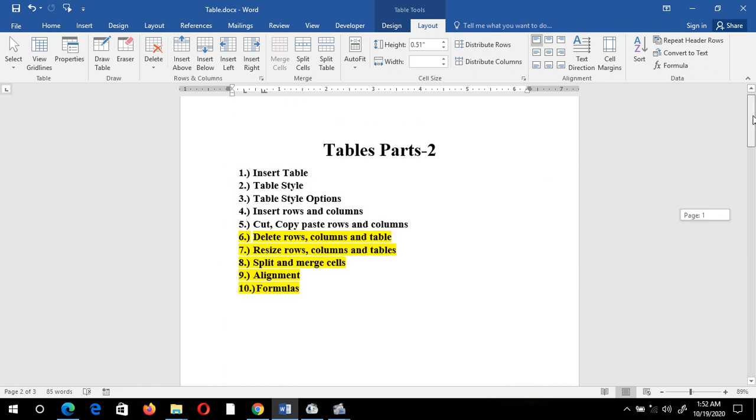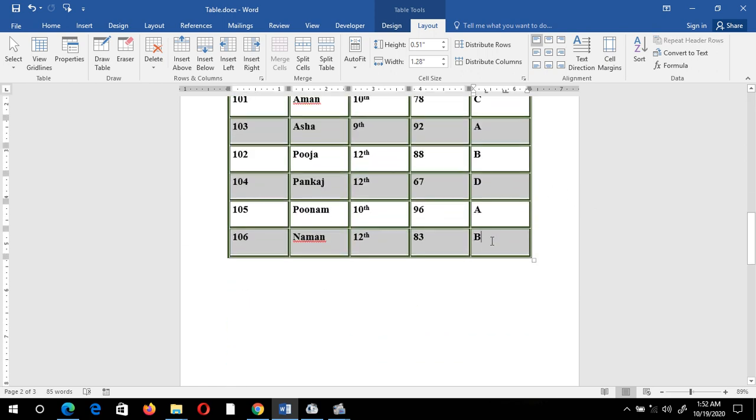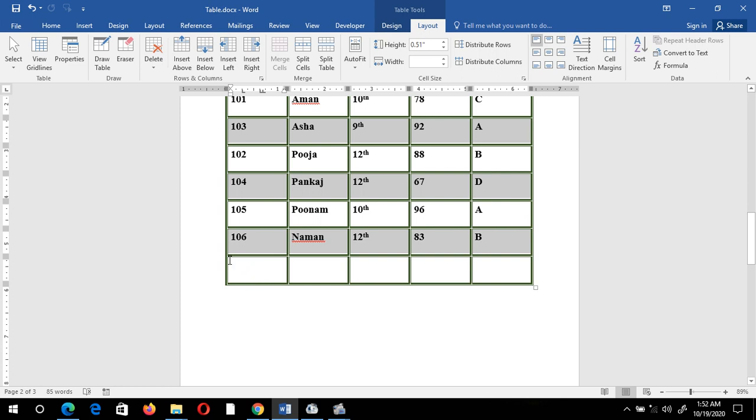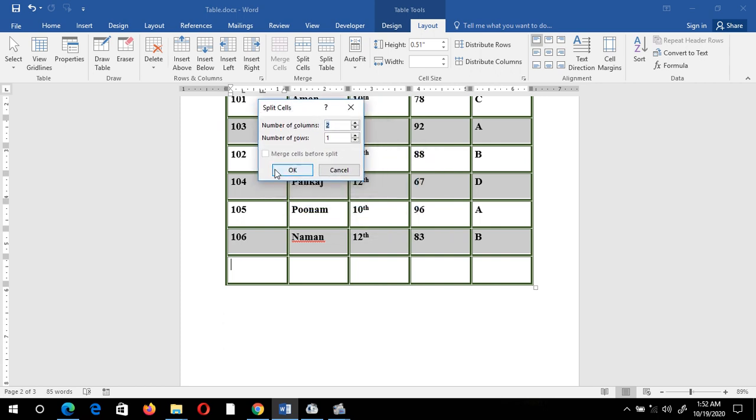Next is how to split cells. Suppose at any point of time I need to divide this cell into multiple rows and columns. For that I just have to split the cell. Click on this option, split cells, from the merge group, and a dialog box will appear, the split cells dialog box.